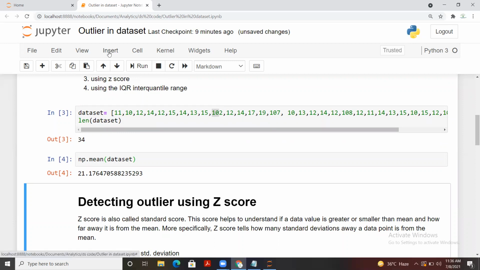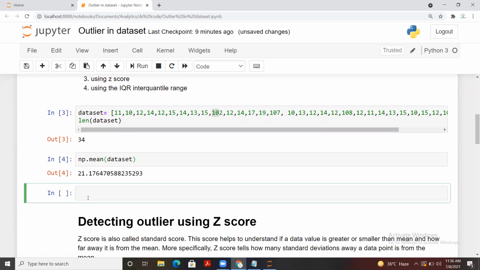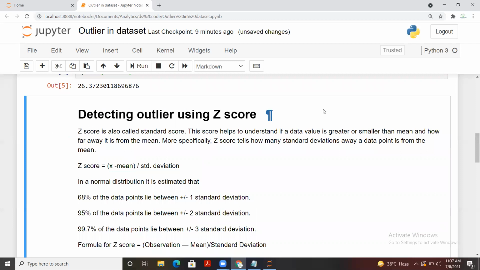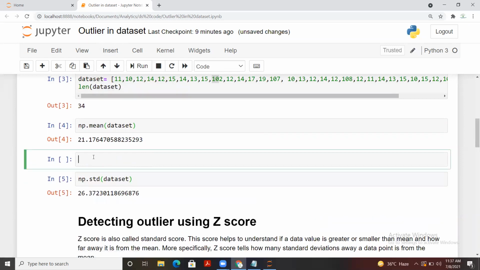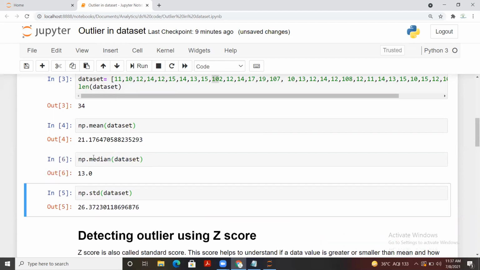And if we calculate the standard deviation of it, how can we do it for a data set? That is the variation. And if we calculate the median of the data set, this time you see 13. So if we do have outliers in our data, we recommend using the median in place of the mean when we need to do some analysis. Let's say we are filling some missing records and we have to find out the average value of it. Rather than going with the mean, we consider the median.